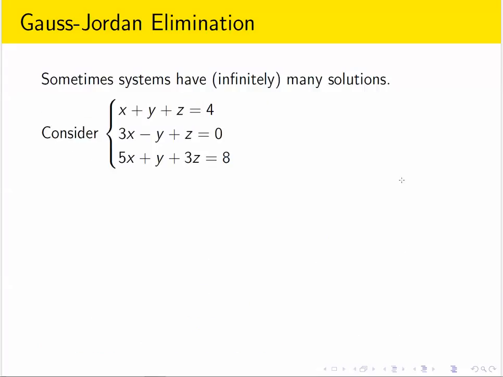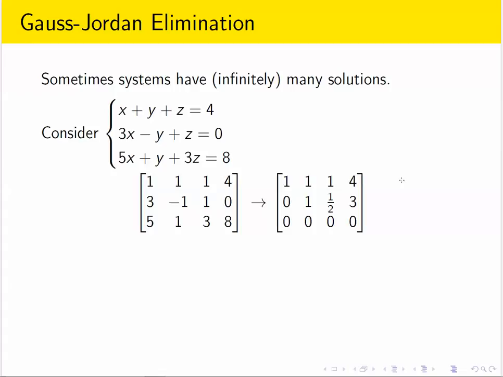Another possibility, instead of failing to have a solution, is that it might have lots of solutions. And for a system of linear equations, if there's more than one solution, there are actually infinitely many solutions. Here's an example where that happens. We have a system of 3 equations with 3 unknowns. And if we write that in matrix form and then perform Gauss-Jordan elimination,